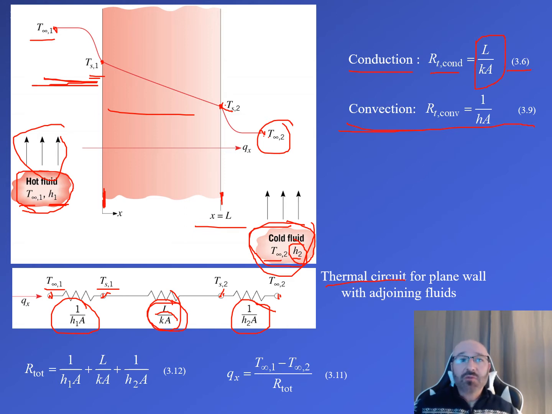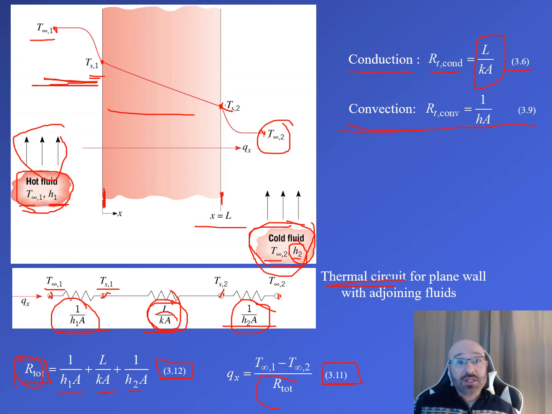As this diagram becomes more complicated, your circuits become more complicated, but if you can line them up right underneath each other, it makes your life a little bit easier in creating this thermal circuit. So from there, that's where we came up with these two equations we discussed on the last slide, 3.11 and 3.12, where 3.12 is that total thermal resistance right here, where we add up all these parts of the thermal resistance that we calculated from each portion along the way between those nodes, add those together, and that's your 3.12 equation,